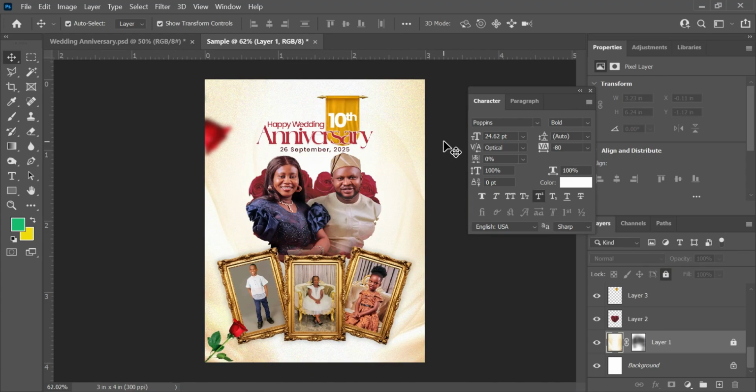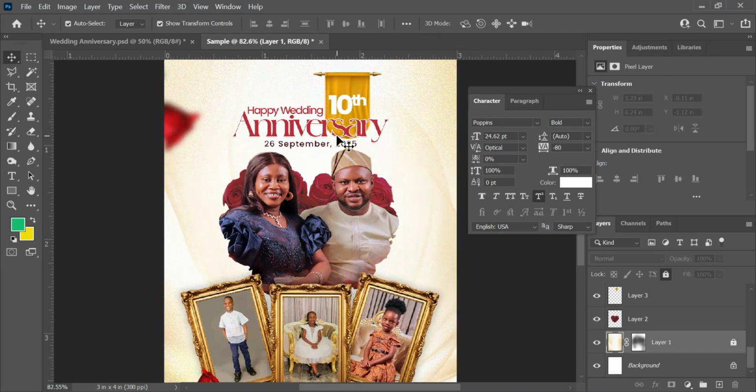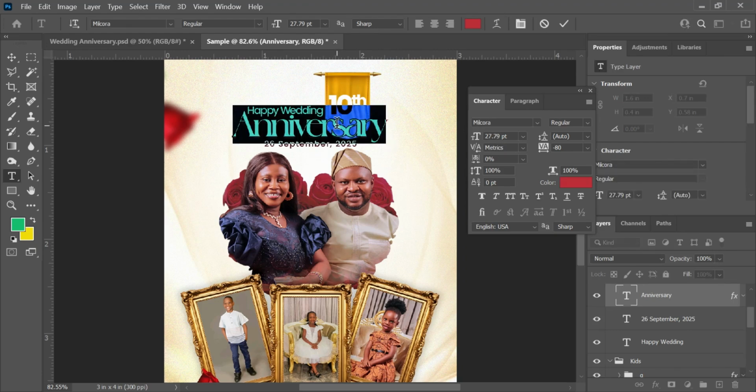One thing you need to understand is you need to understand the client, what they want, and you're good to go. So yeah, that's pretty much how I did this design. I hope it really helps. If you're a newbie and you're just seeing this, I hope it will help you a lot, and I believe you'll be able to design it